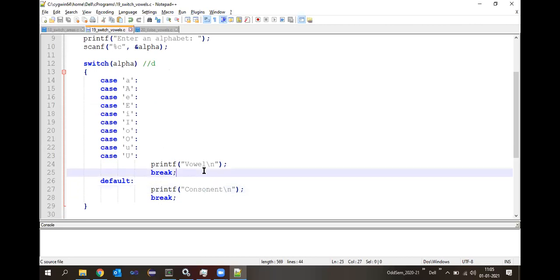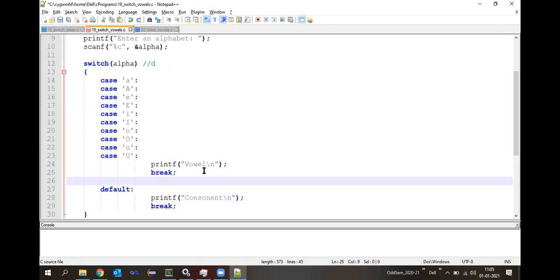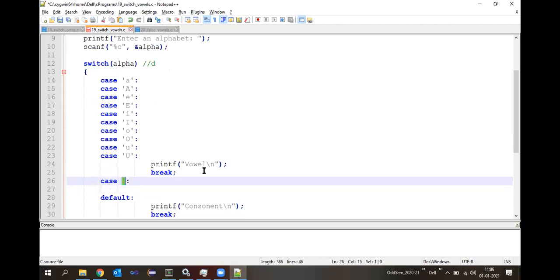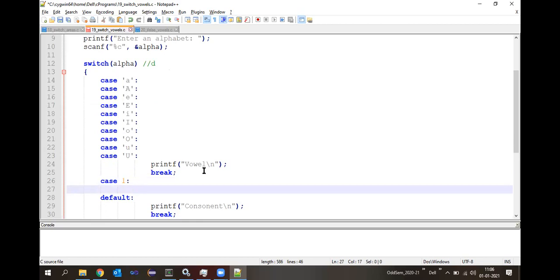I can say something like this. It's a case, the digit I need to have. So if I write 1, will it work? If I write the label value as 1, will that work? No, sir. Why? What is the problem? It is a character, sir.